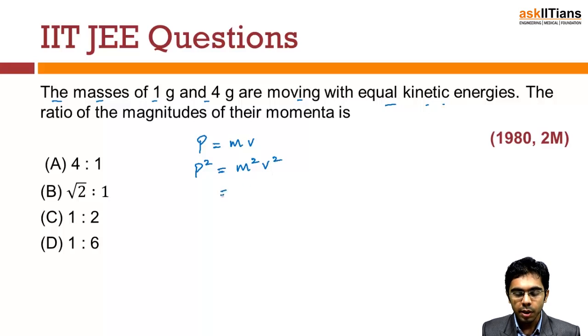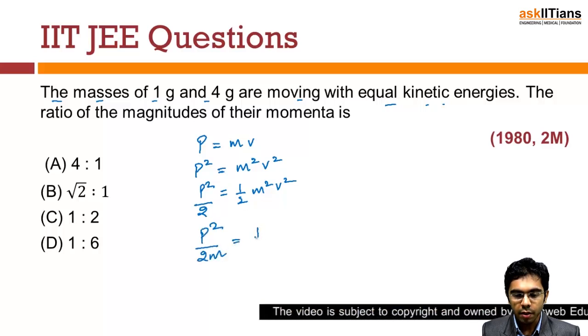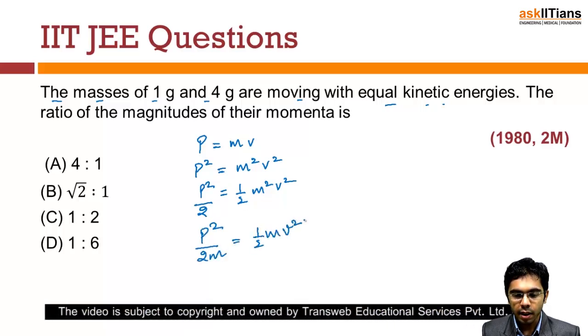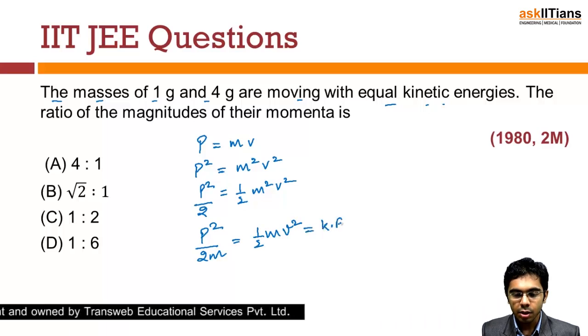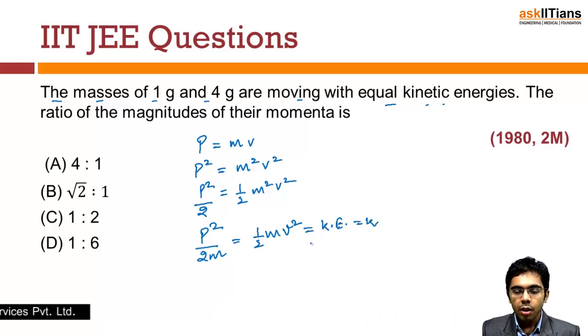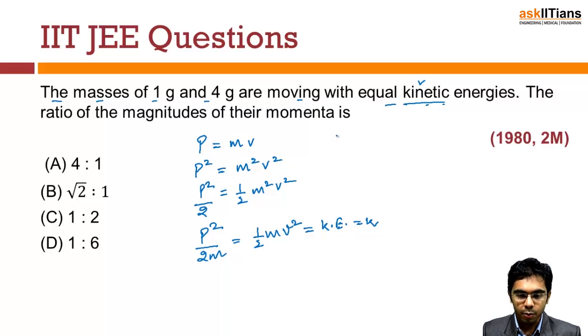Therefore we can write this as p square by 2m is equals to half m v square, and the kinetic energy, let's take it as k. Now, because kinetic energies are given to us as equal, we are finding out the momentum in terms of kinetic energy. Therefore we can write p